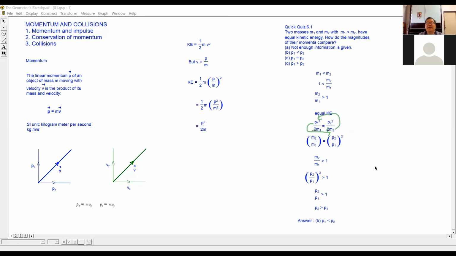Any questions so far on this relationship? No question, sir. So this one, no choice. I cannot explain it qualitatively. I can only do it mathematically. Okay, next one. So after knowing that momentum is